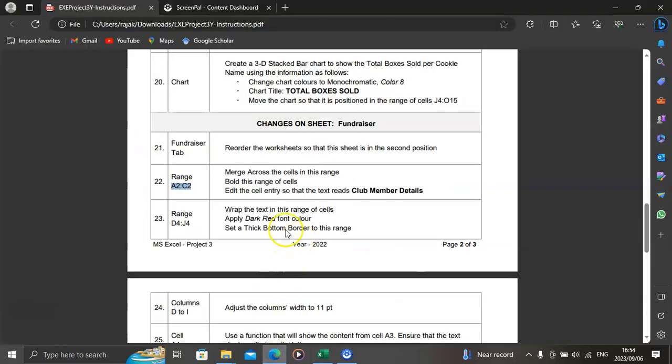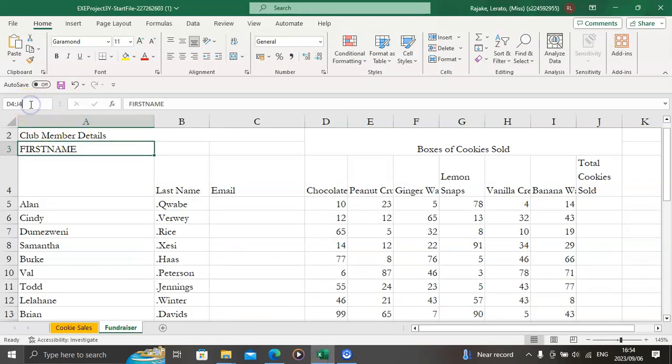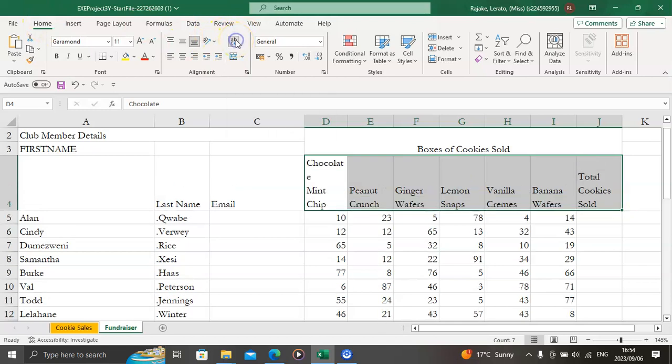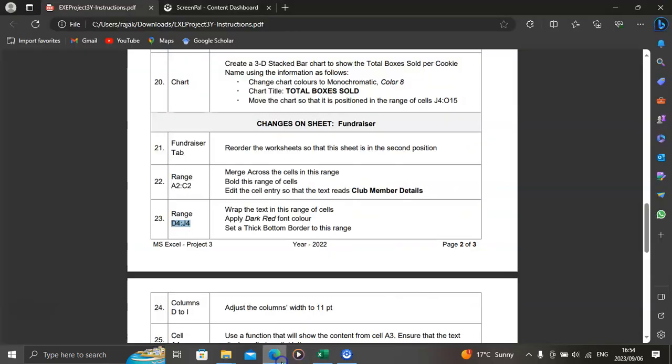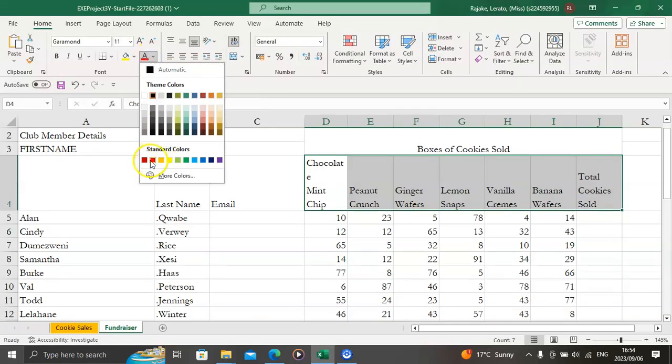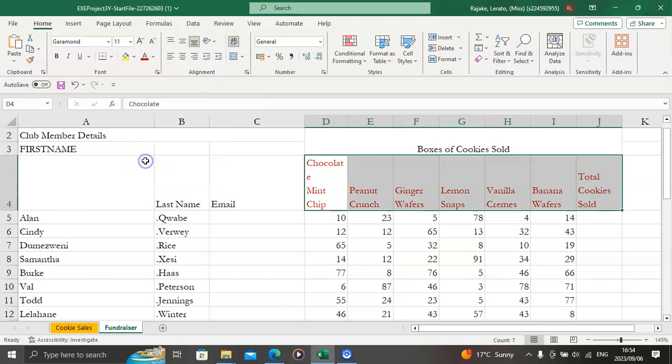Next instruction, wrap the text in this range of cells. Wrap the text. I'll go to home. Under alignment, there's an option for wrap text. Next instruction, apply dark red font color. Dark red font color on home. Font color, dark red. Next,